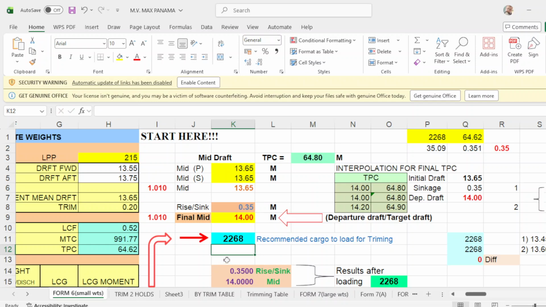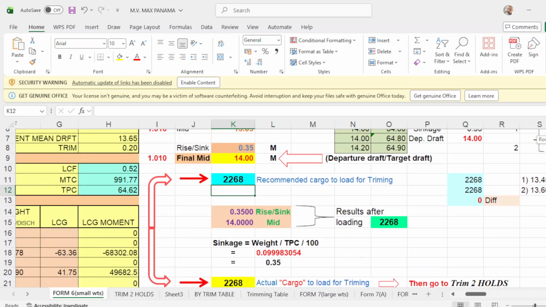Then you will have 2268. This will be your remaining cargo to load for trimming. So we will distribute this in the cargo hold of hold 2 and 6.